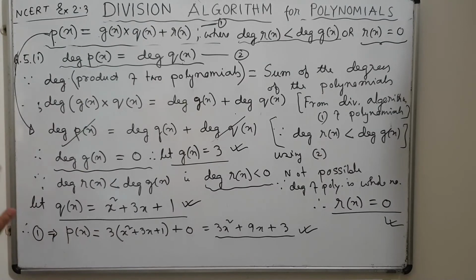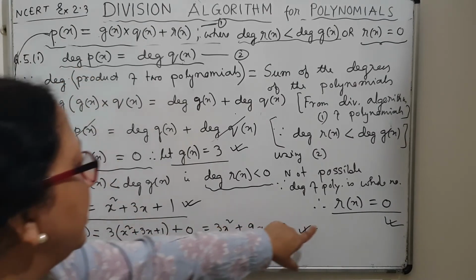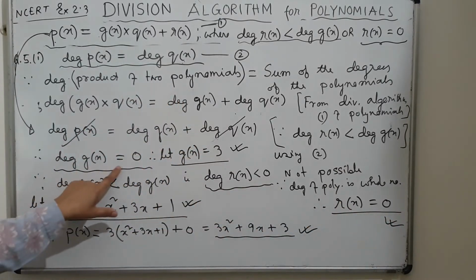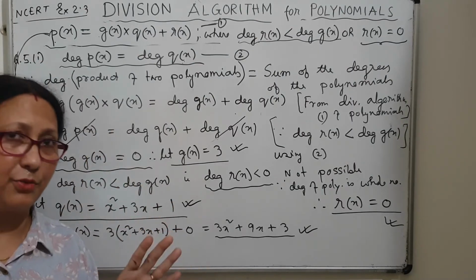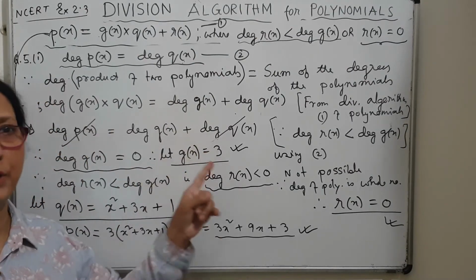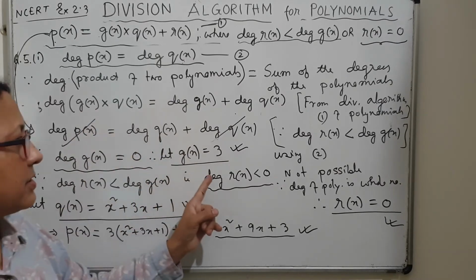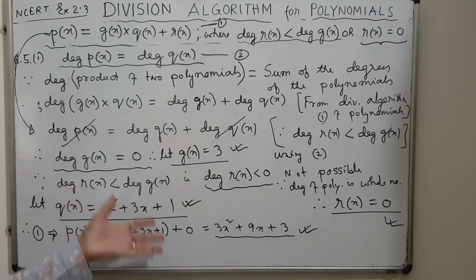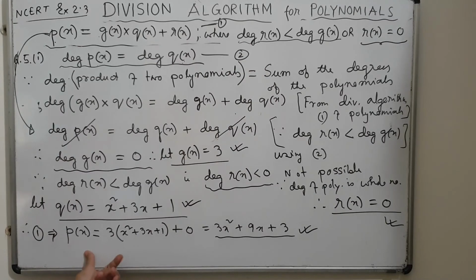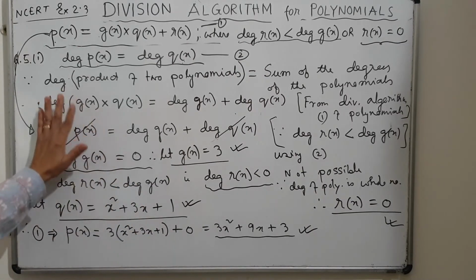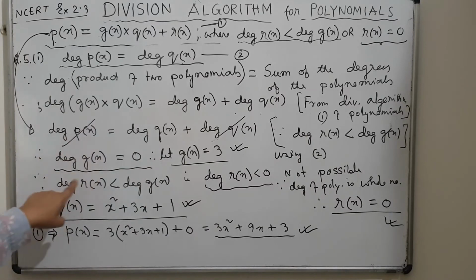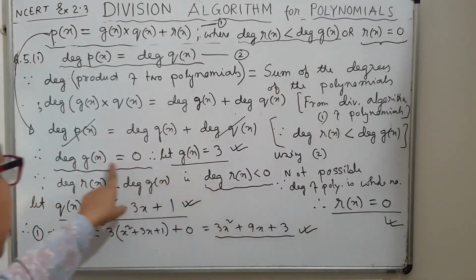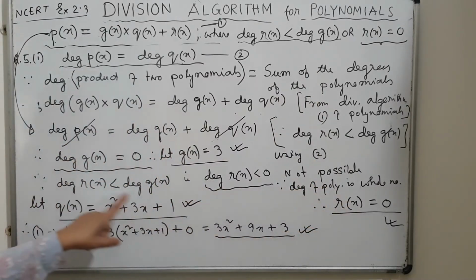So in this question you see the degree of r(x) is less than, so this is fixed. r(x) will always be the 0 polynomial and degree of g(x) is 0. That means g(x) will be a constant polynomial. That is also fixed. You can take a different constant, but it has to be a constant. So g(x) has to be a constant and r(x) has to be 0, and the rest, q(x), you can choose. Then putting the values in this algorithm, you will get the required p(x). So here in this question, the main thing you have to derive is that degree of g(x) is 0, and I have shown you why r(x) is 0. Is the thing clear? I hope it's clear.